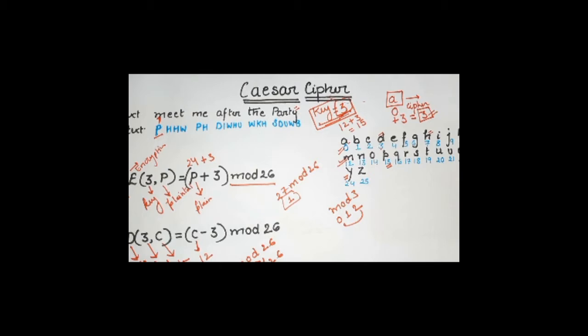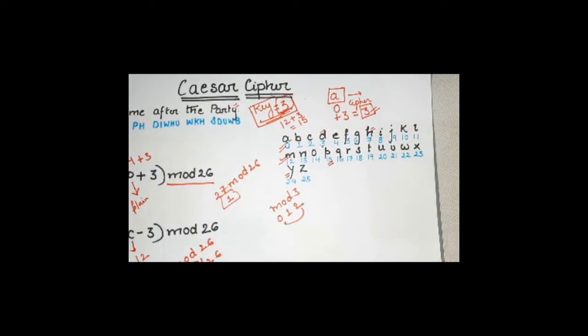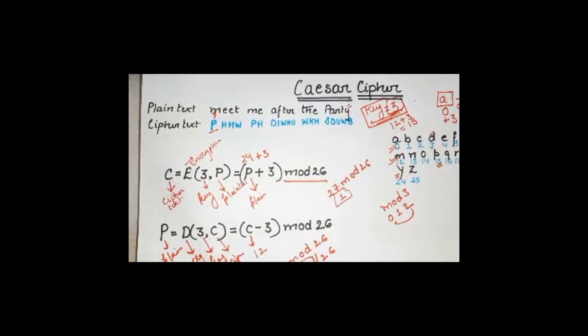Why? Because we just have 25 possible keys. I hope you can understand. See, the alphabetical values are from 0 to 25, so the key can range from 0 to 25, right? So what do you need to do? You need to perform 25 possible guesses, guesswork for what is going to be the key. See, understand this.